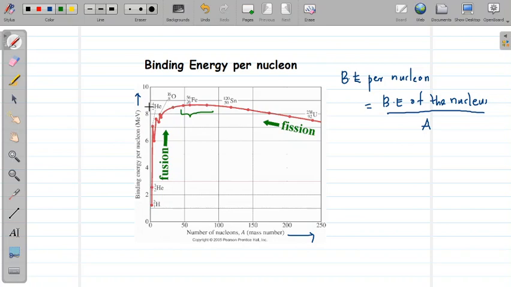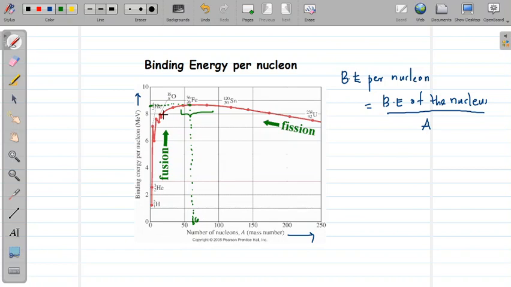Here, binding energy per nucleon is highest in this intermediate region, and the nuclei in this part will have maximum stability. So if you look closely, you can see iron, which has 56 nucleons, has the highest binding energy per nucleon. Its value is around 8.79 mega electron volt, and that is the maximum value of binding energy per nucleon for any of the nuclei. So its mass number A can be found from the x-axis to be equal to 56.